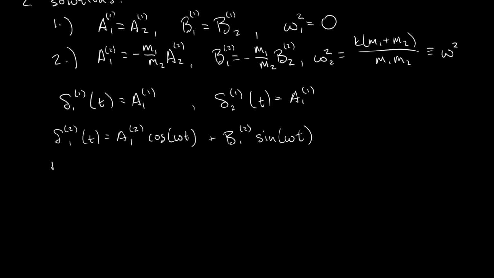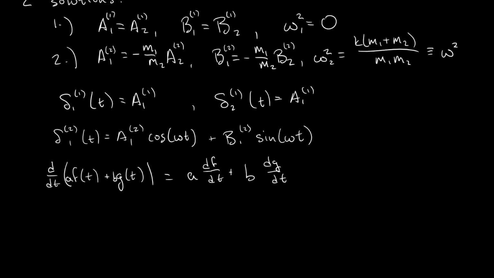Just as a refresher, if I have some sum of functions f of t and g of t, multiplied by some constants, the derivative is a df/dt plus b dg/dt. So what this means is that if I were to add these two solutions,